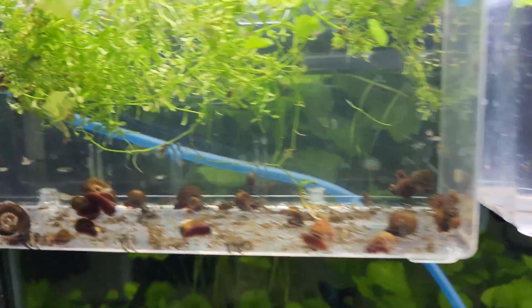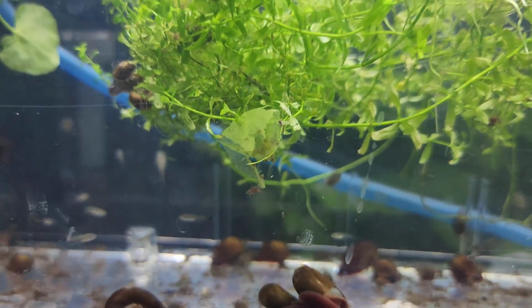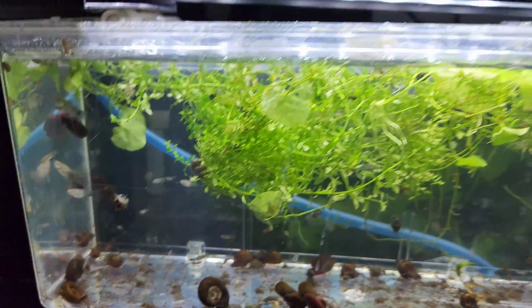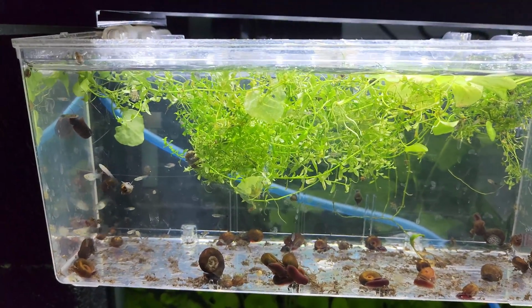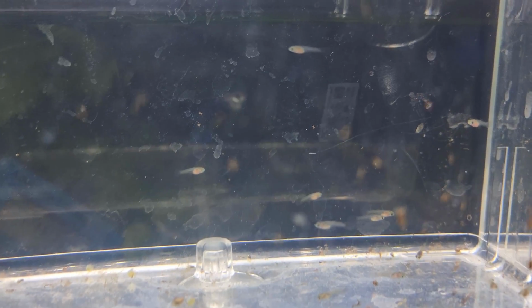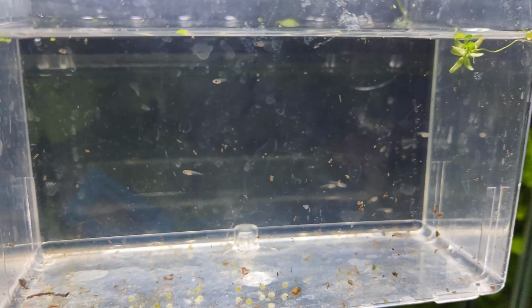Let's go down here to the half black blue Moscows. This is the fry tank. Quite a few fry, and yesterday we dropped about 25. Now she dropped them into the V-shaped container, and we pulled her out and we left the